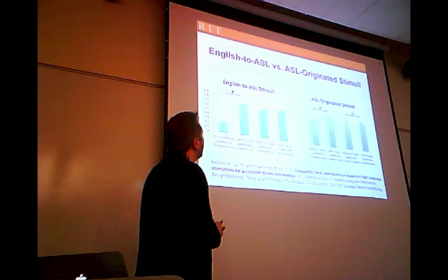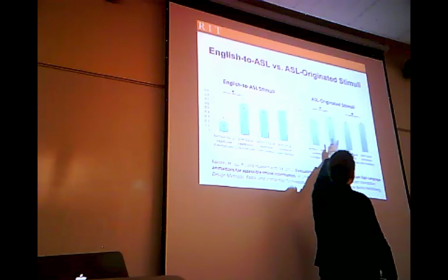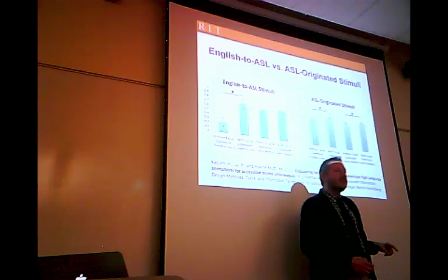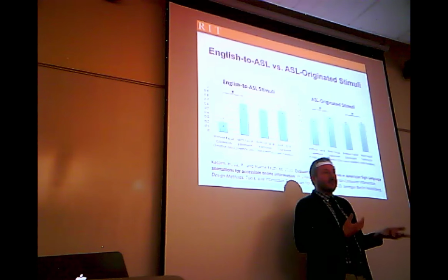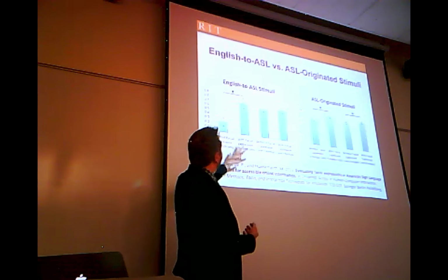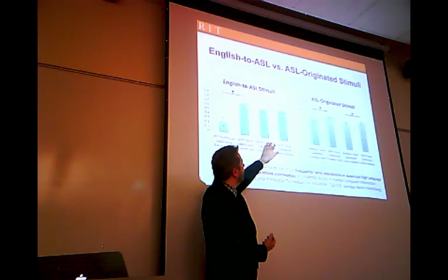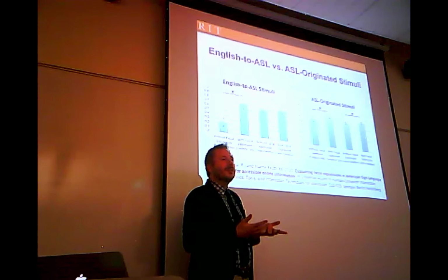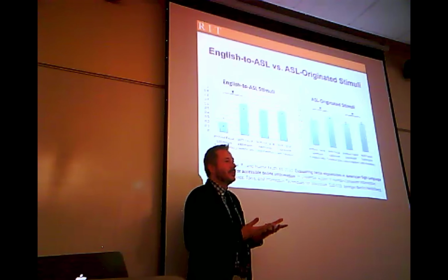Okay? So, what would a good result here be? A good result would be that you would be able to see statistical differences here between with and without facial expression. Because that means you've got stimuli material that are actually working. They're helping you reveal a difference between when the facial expressions are there or not. In this version here, we weren't able to measure a difference between when facial expression was in our stimuli or not. That's a problem. It probably means that these were not quite grammatical stimuli or something about the English was influencing them in some way.